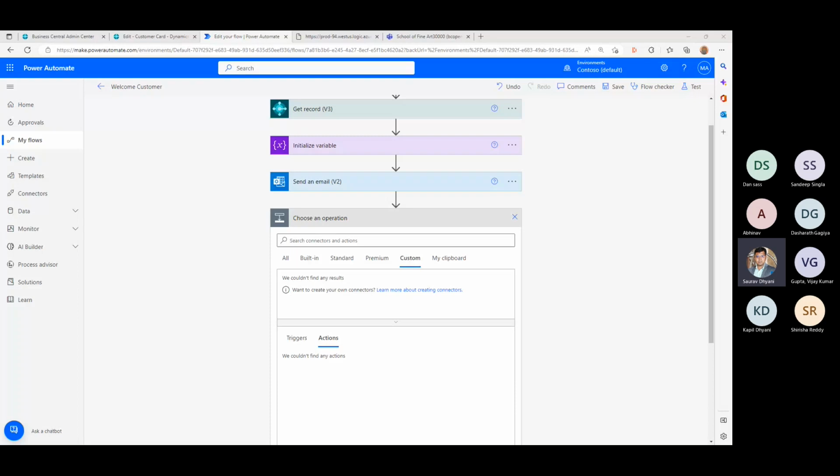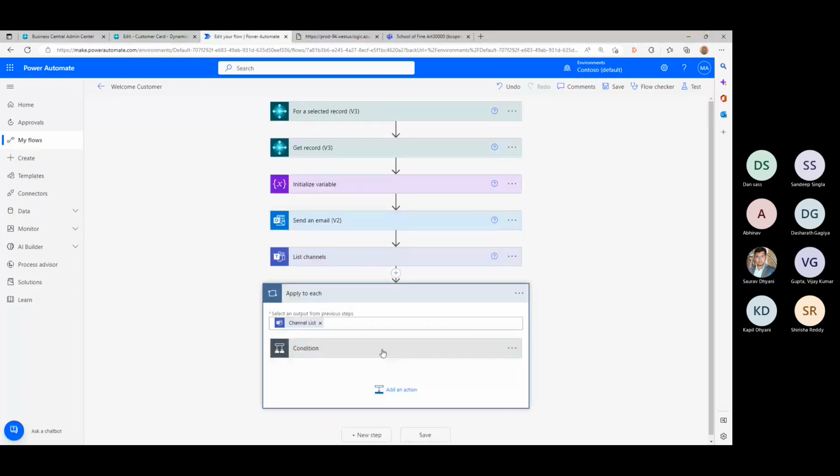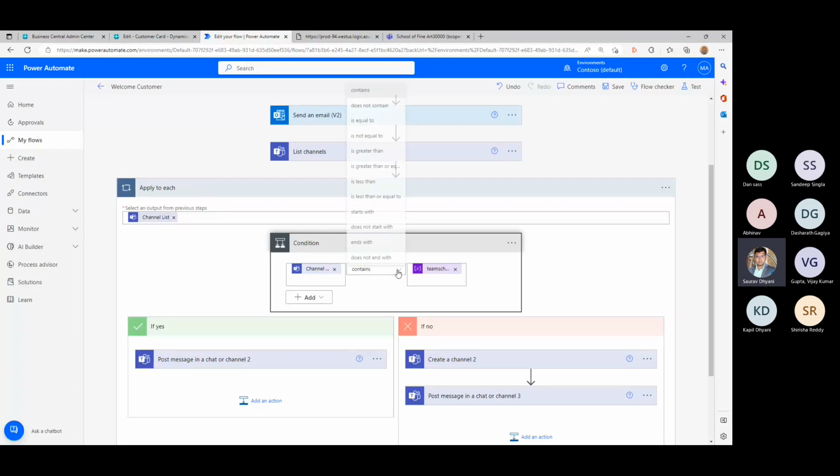Let's see. What kind of apply to each did we do? We did contains.